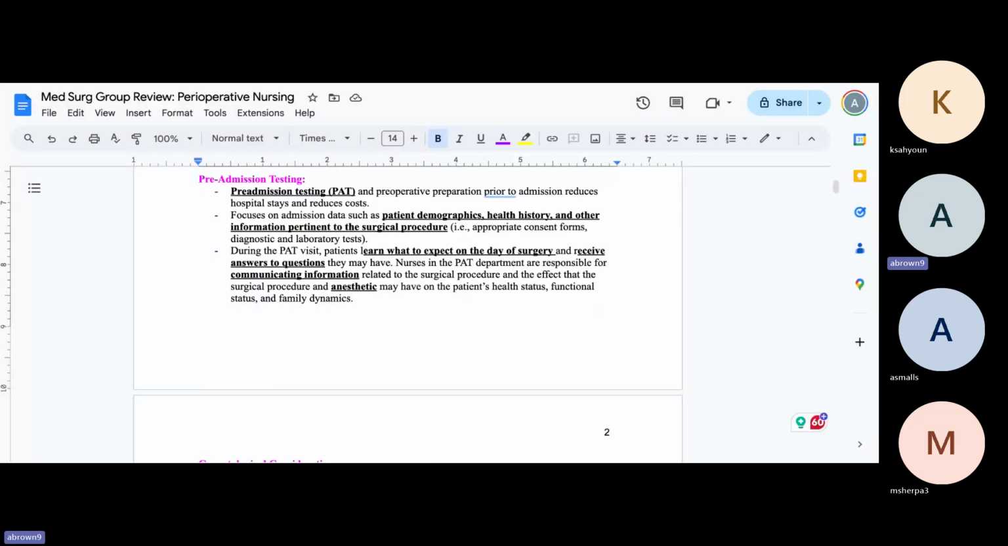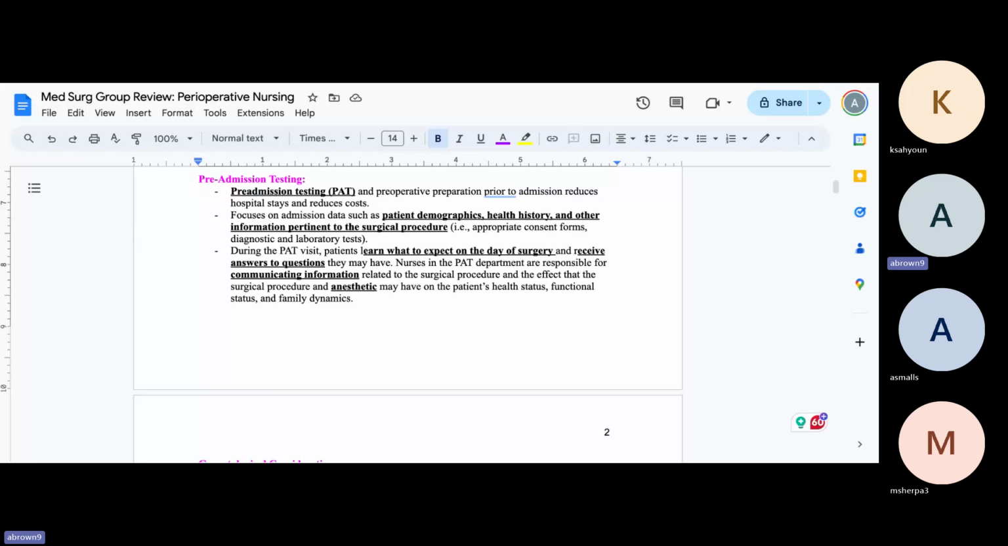All right. So pre-admission testing and preoperative preparation prior to admission reduces hospital stays and reduces costs. So they usually do pre-admission testing before the patient even comes to the hospital for the day of the surgery. They do this so they don't waste a lot of time, and the patient knows what to expect. So they focus on admission data such as patient demographics, health history, and other information pertinent to